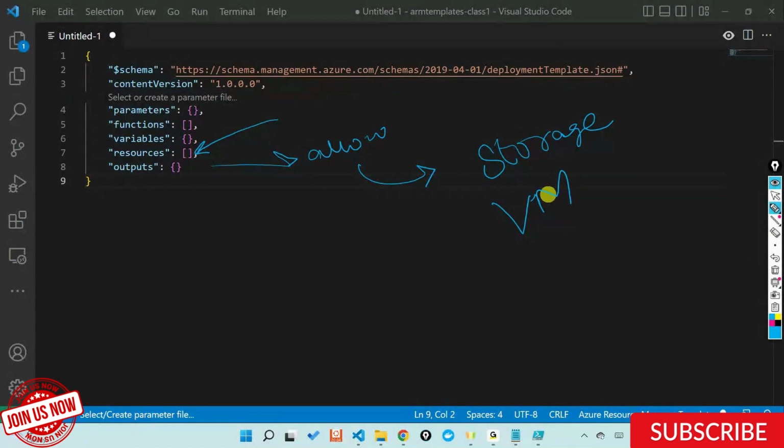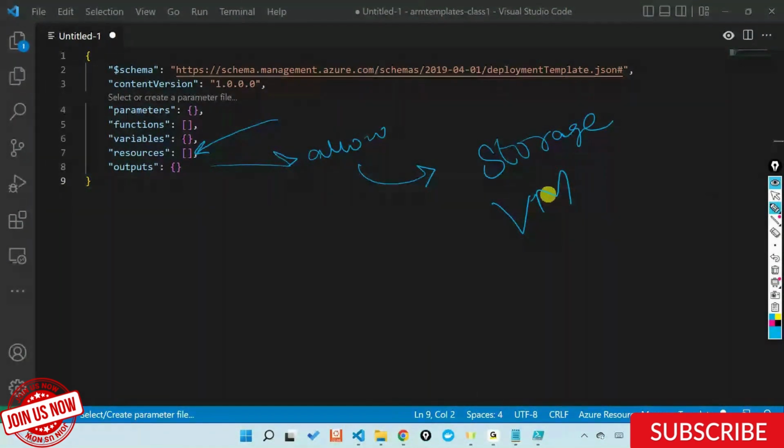So you might have to have a resource group already in place, or you need to use a PowerShell script to create a resource group. But apart from resource groups, all the other resources are pretty straightforward. You can go and create them using an ARM template. You can also create a resource group using a template, but it's a little tricky. We don't generally go ahead and create a resource group. I'll also talk about the reasons behind it.